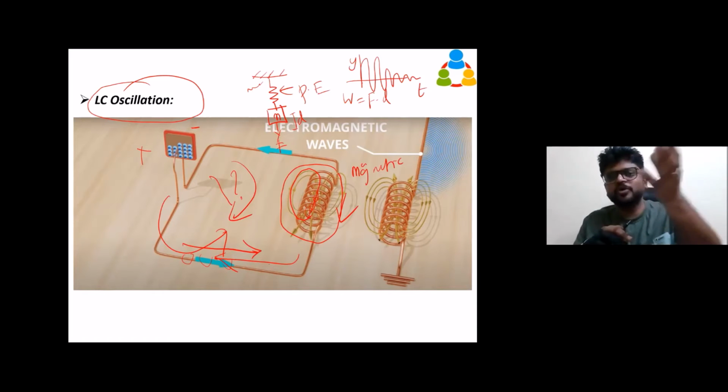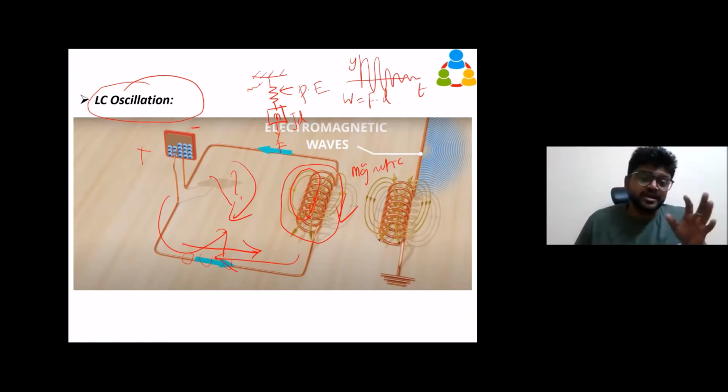Like initially you should do work. If you don't do work against the mass, that mass is going to hang just like that. So the initial potential difference causes this continuous oscillation. It's going to continue in eternity, but that's in the ideal case. Practically, this oscillation is going to damp because of radiation. Since the charge is oscillating, the oscillating charges produce electromagnetic waves. As we have seen in our last class also, what produces electromagnetic waves? Accelerated charges produce electromagnetic waves. So in the LC circuit, the charges are oscillating. It's going to produce electromagnetic waves, and it's going to lose its energy finally. So nothing will be there to start over again.